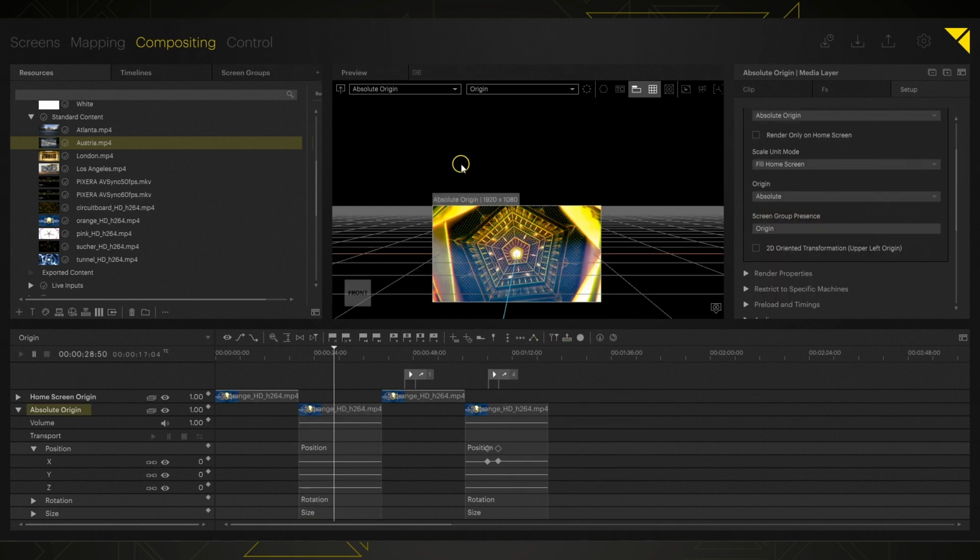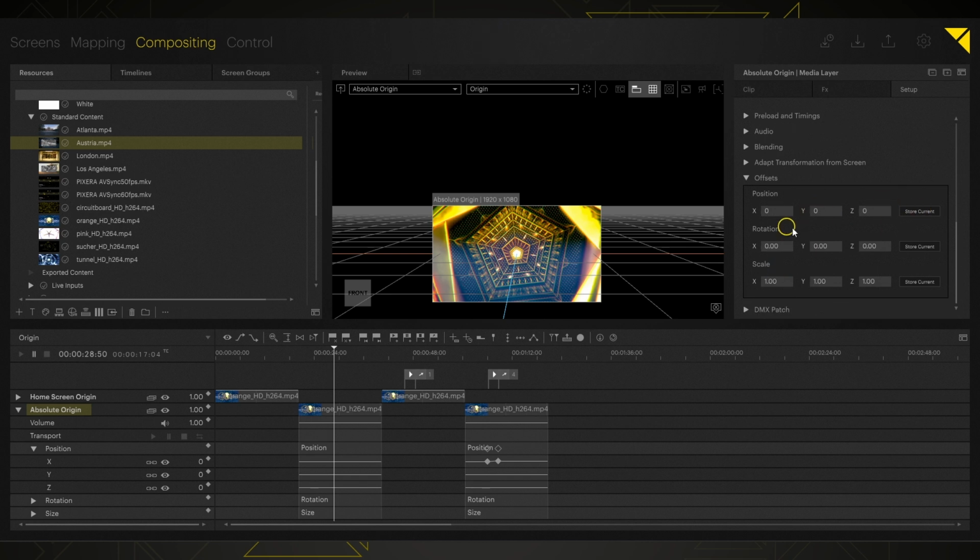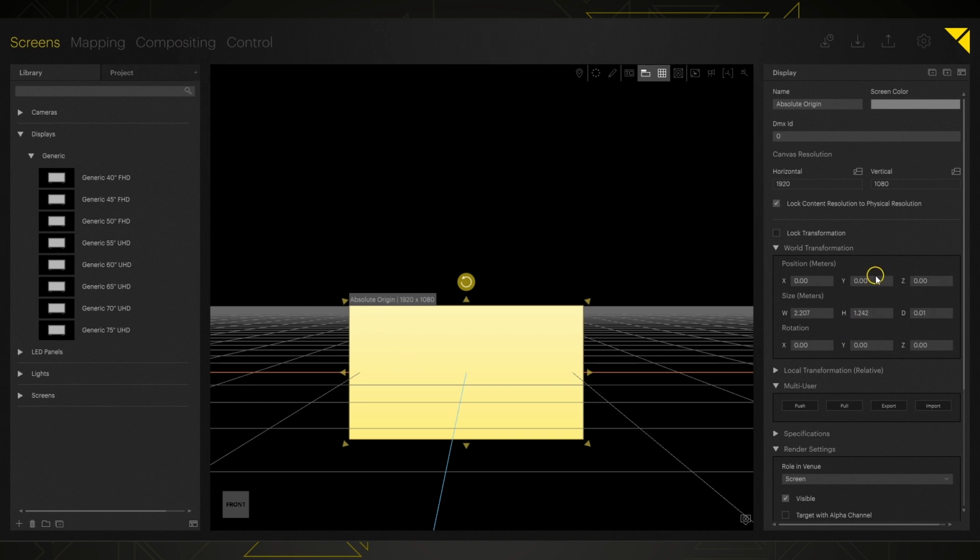So I've restored some of my parameters here. I've moved my screen object back to the origin and changed my scale unit mode back because I want to demonstrate one other thing we can do with offsets, which is this store current button. If I were to move my absolute origin up 2 meters again,